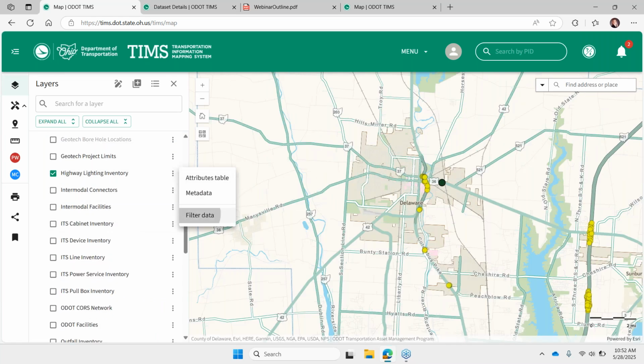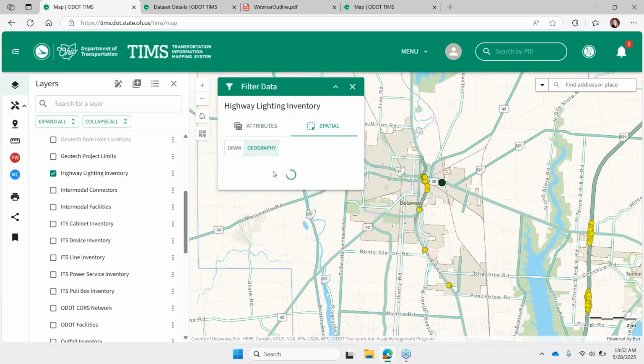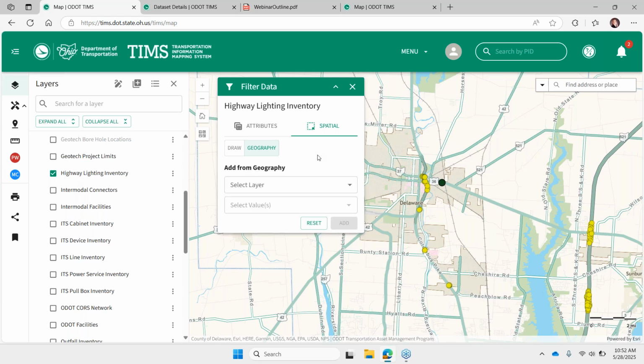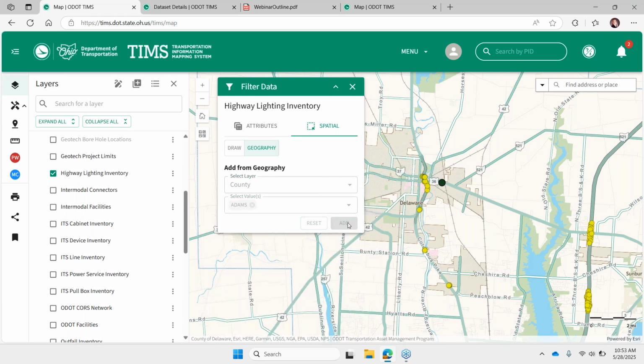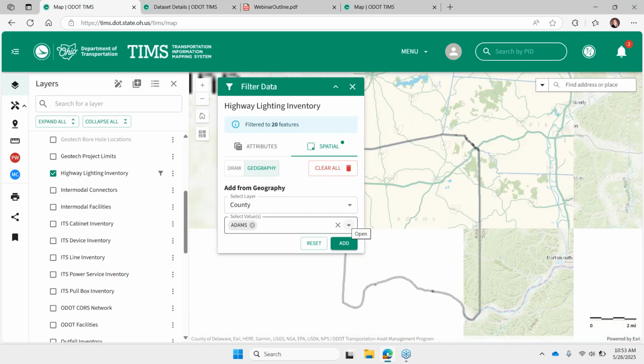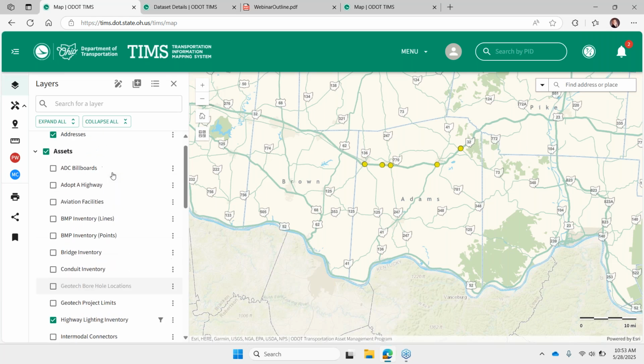If we reapply a filter quickly, I said quickly, so of course the system said not so quick. That's all right. So I have a layer turned on, it's filtered to a county.